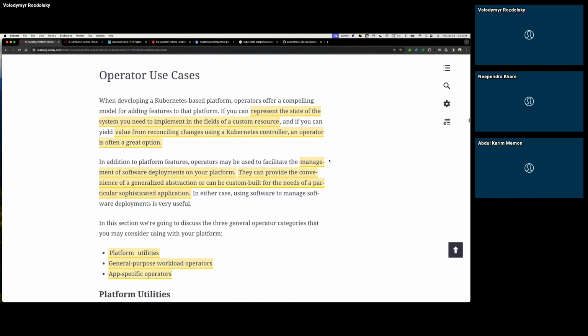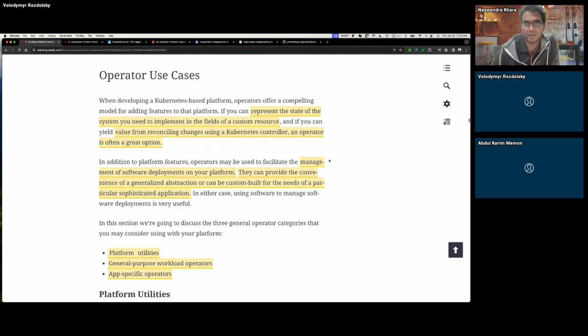Okay. Yeah, definitely. I have used it for some of the cases, and it is a very common pattern. For example, Istio. At least when I used it, I think it's still the same.